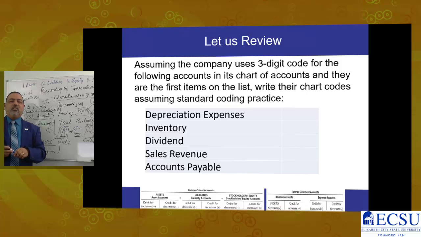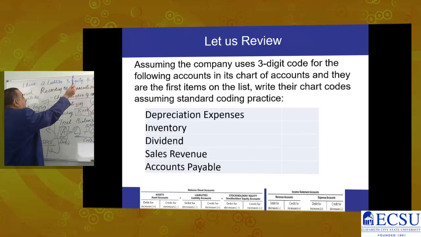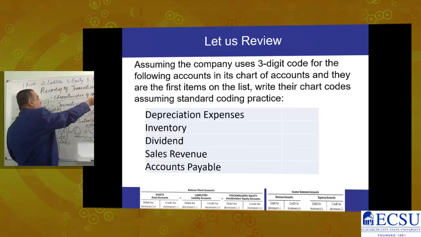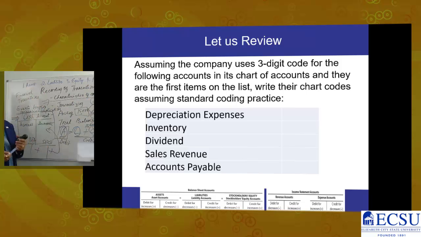Assuming the company uses a 3-digit code for the following accounts in the chart of accounts, and they are the first items on the list, write their chart codes assuming standard coding practice. So what will it be? Now, as you can see, always asset will start with 1, liabilities will start with 2, equity will start with 3, revenue will start with 4, and expense will start with 5. So if it is a 3-digit code and that's the first number, so depreciation expense will be